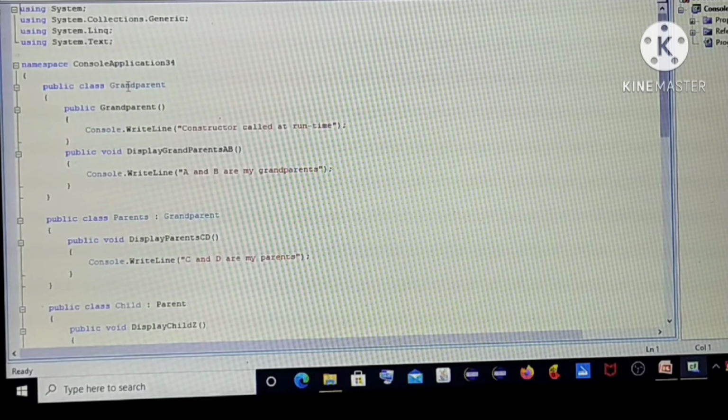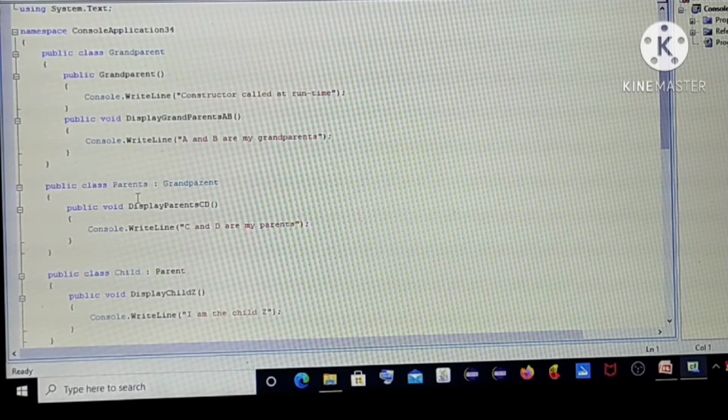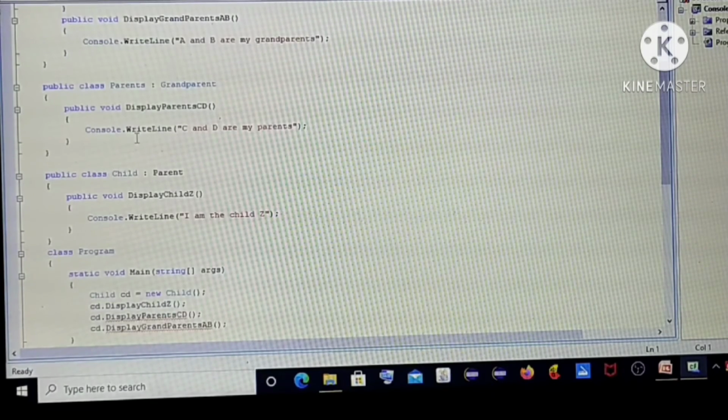This is an example of multi-level inheritance. Grandparent is the base class with two methods. Parent is the subclass and it's inheriting the features of its previous class, that is grandparent, with one method, and child is the subclass.